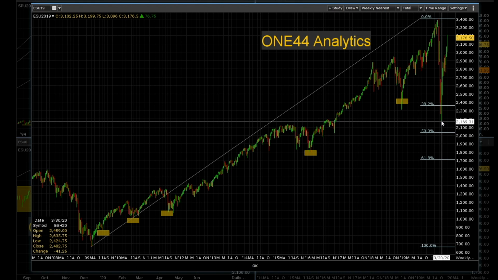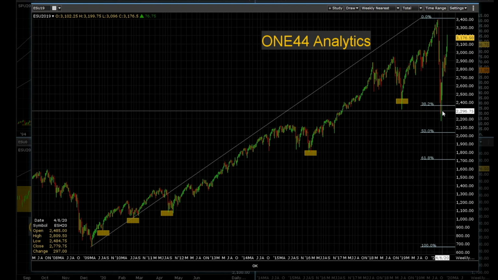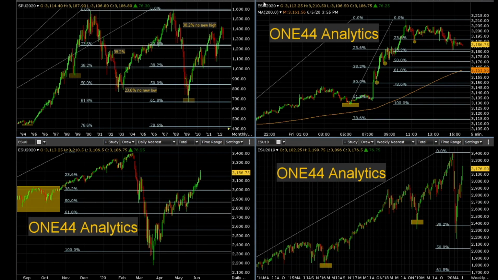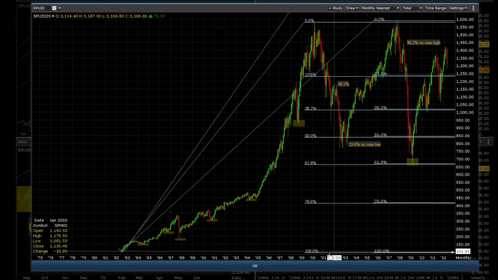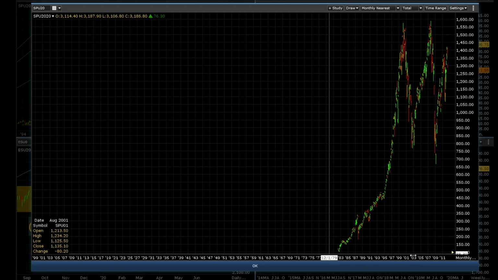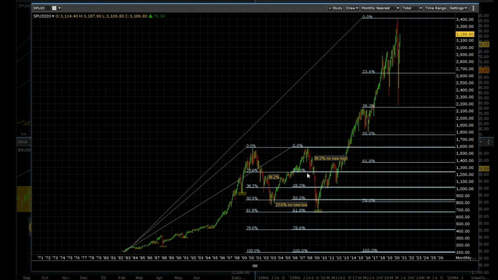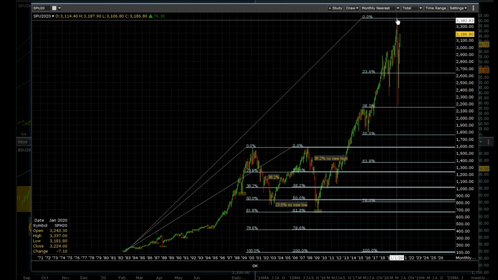Now, another reason, and I'll go back to the monthly and show you, is just why this was so important. Like I was saying, getting under it, getting back above it, it takes off. So let's go back to the monthly right here and take the bigger picture and get all of this in. Get it all the way back here, and we go all-time low, all-time high,